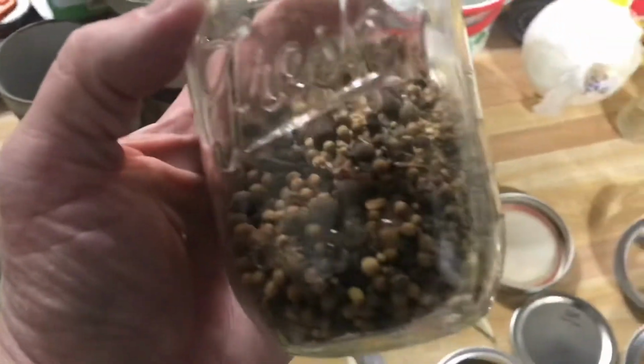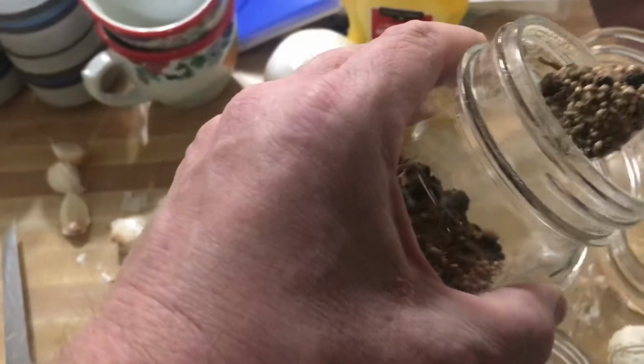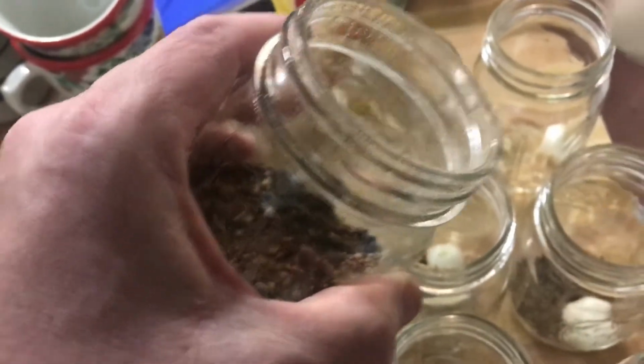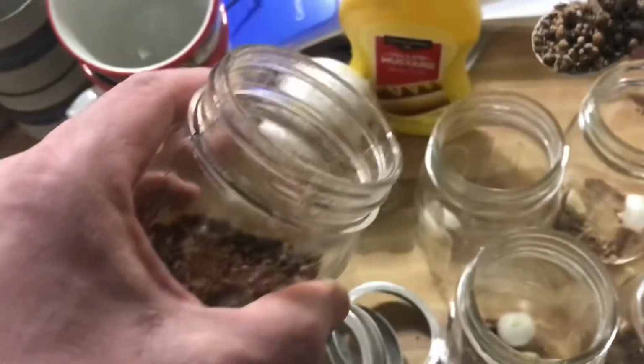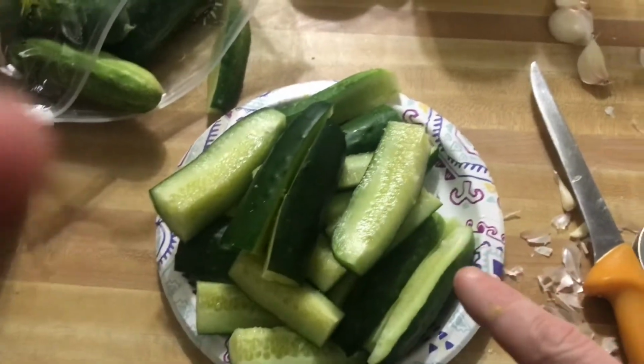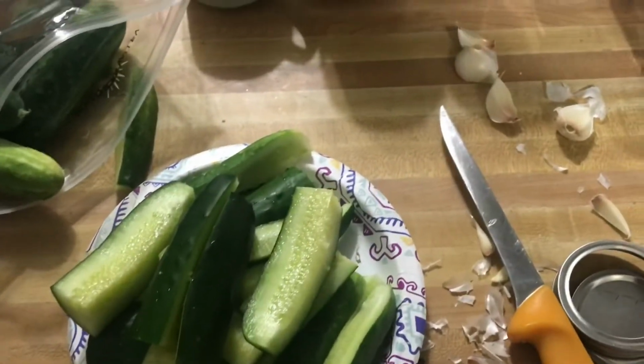Alright, y'all. This is my pickling spice. This has all my different ingredients mixed up in it already. And I just take a teaspoon and put in each one, alright? Man, I wish y'all could smell this. God, it smells so good. But that's my pickling spice. Now we're going to take the cucumbers we cut up a while ago. We're going to put them in our jars over here, pack them full, and then we'll get the brine water going and vinegar together,